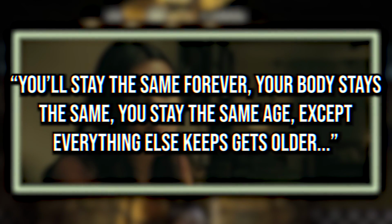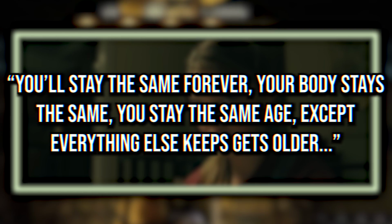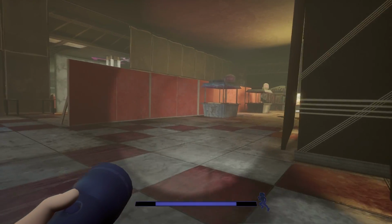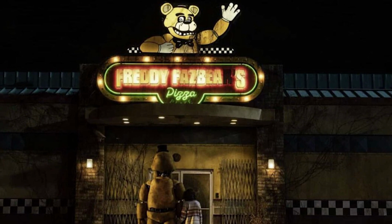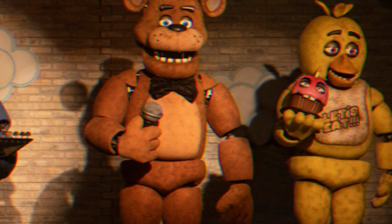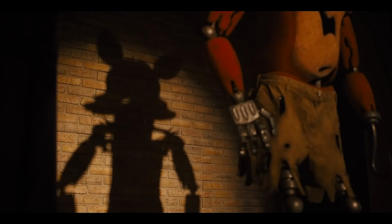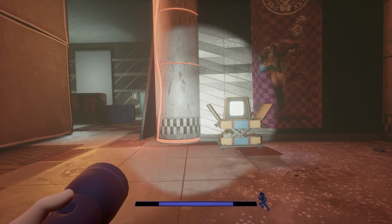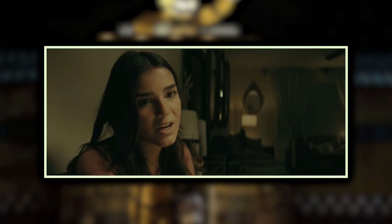Your body stays the same, you stay the same age, except everything else keeps getting older," which people have actually pointed out sounds almost like a metaphor for what happened at the Freddy Fazbear's Pizzeria, as we know that all of the animatronics at their core are simply just the spirits of children shoved inside of the Freddy suits, of course haunting the inanimate objects, and it honestly seems like Max telling Abby that not eating her dinner will keep her small while everything else around her gets